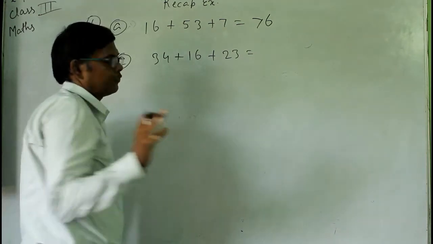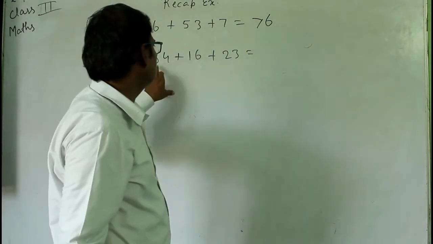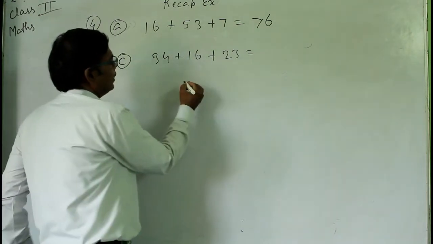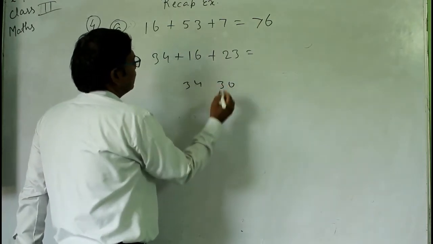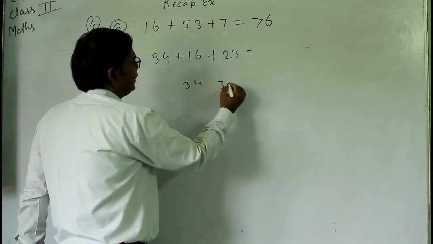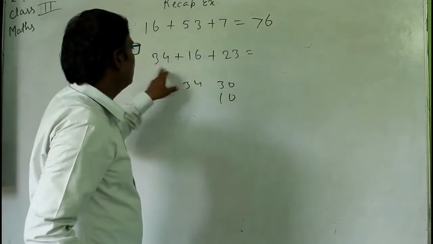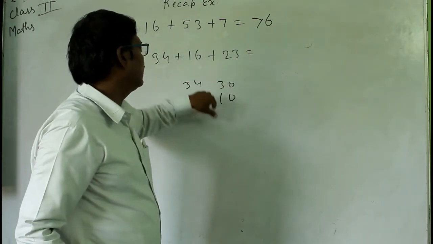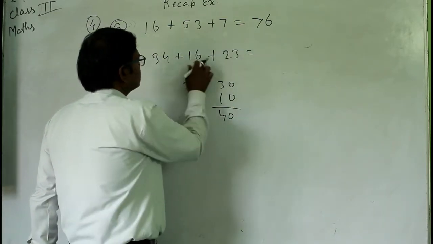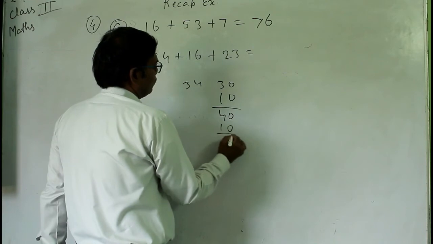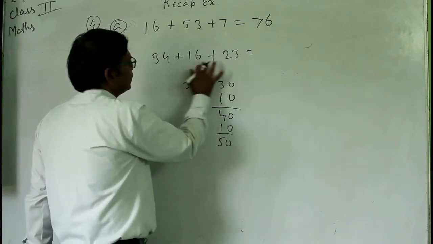See here, first observe the number है ना, 30 यहाँ देखना है 30. Okay, 34 यहाँ पर लिखा हुआ है, तो 34 में देखो 30 है इसमें, और यहाँ पर 16 में कितना लिखा हुआ है? 10 लिखा हुआ है. Okay, in 34 you have 30 and in 16 you have 10 also. So first add 30 plus 10 will be 40 and 6 plus 4 will be 10. So it will be 50. Okay, तो इसका सम कितना हो गया?